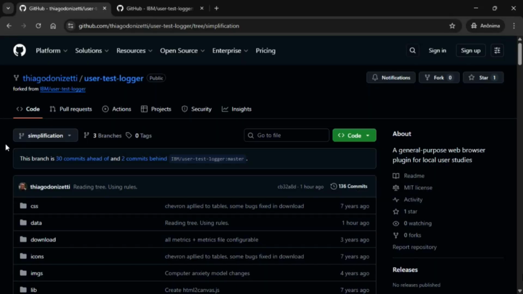Hello everyone, I'm Thiago Donizetti do Santos, and today I will present our research project, a web interface simplification plugin designed to support users, especially those experiencing computer anxiety. It is part of the paper User Interface Simplification for People with Computer Anxiety, and it can be found at